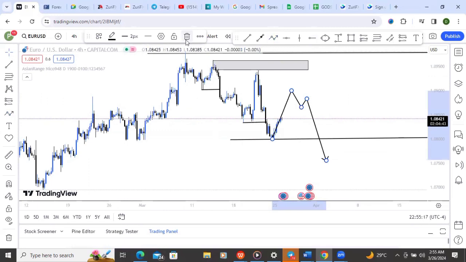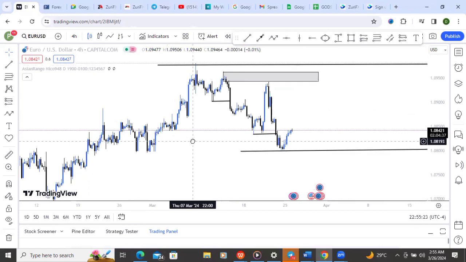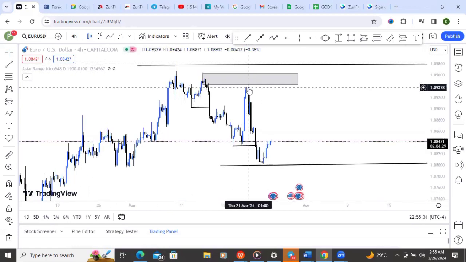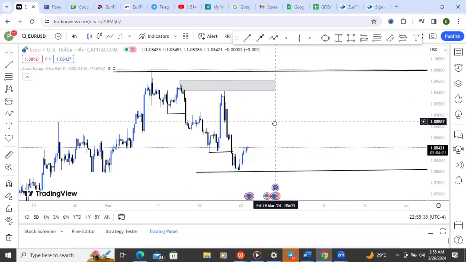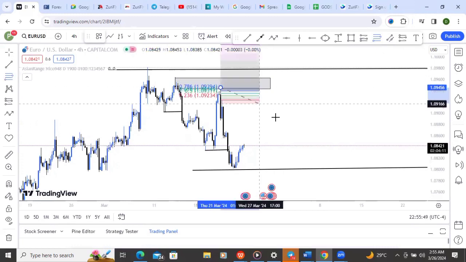What we are seeing on the lower time frame just corresponds to what we have on the weekly time frame. This is our current high and this is our current low. You can use your fib tool to get your golden zone. Since we want to go for a sell, we draw it from the